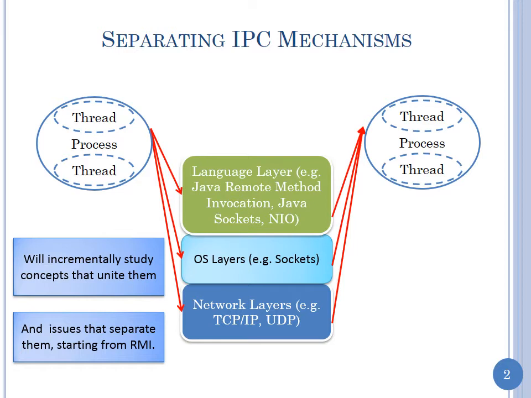So now let's go and talk about some issues, not all, that separate IPC mechanisms. So far I've looked at concepts that unite them, and now let's look at issues that divide them. And there are many such issues. We kind of referenced one of them: do you block or do you not block? Are you using a blocking queue or not a blocking queue? But the big issue to introduce RMI